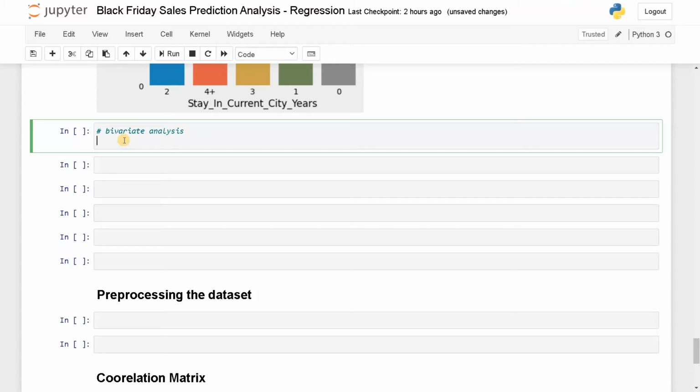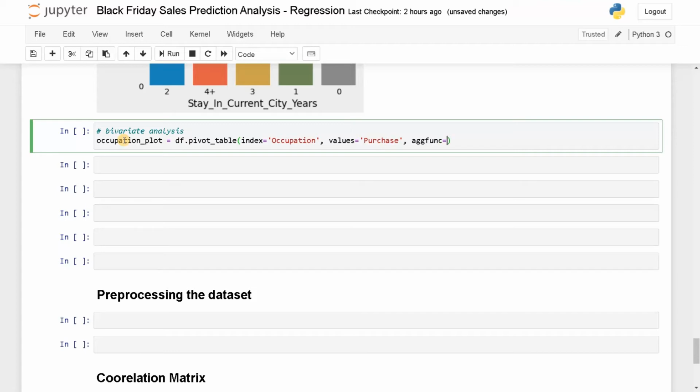So occupation underscore plot equals df dot pivot table, index equals occupation. So this will be the x-axis and values equals purchase. This will be the y-axis and aggregate function.